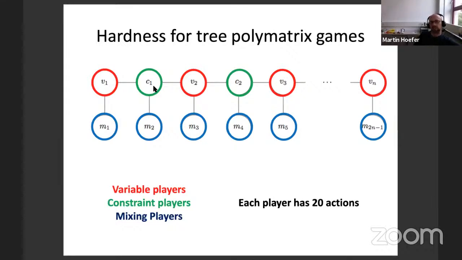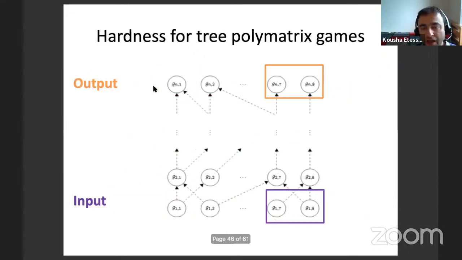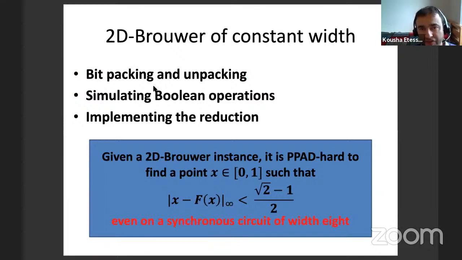Kosha. Yeah, I wanted to ask you, so you've shown that for 2D linear fixed point, finding an epsilon fixed point for epsilon being 0.20, whatever it is, is hard. And on the other hand, 0.5 is trivial. So what do you suspect is the right answer here? Do you suspect that any fixed constant less than 0.5 is going to be hard, or do you think it's actually something in the middle there?